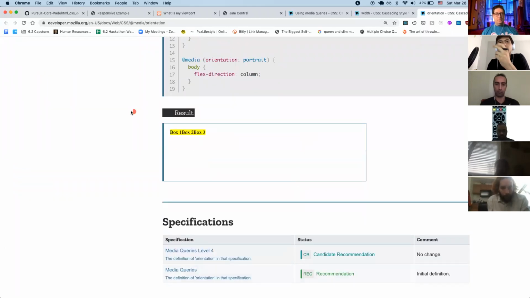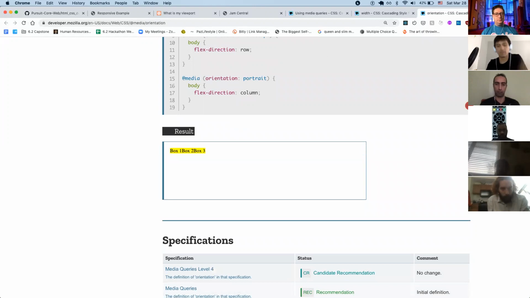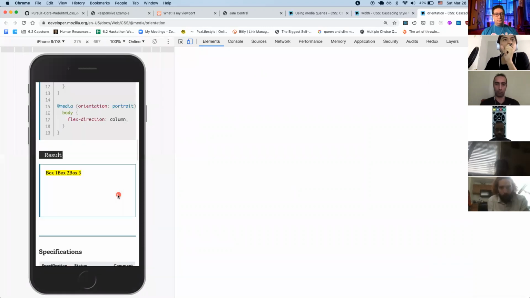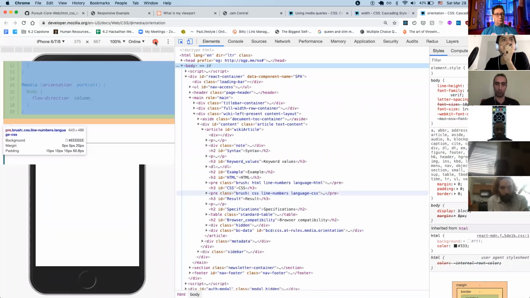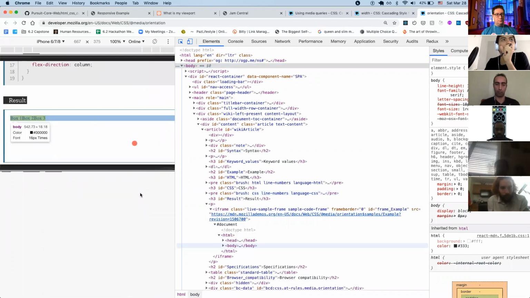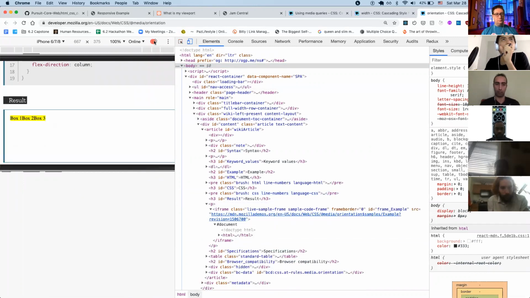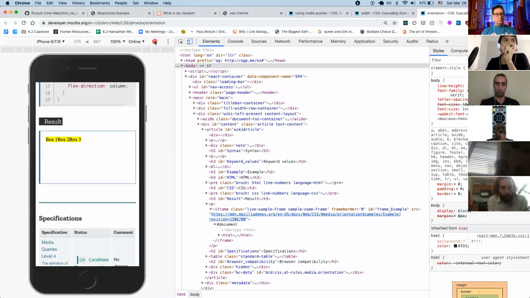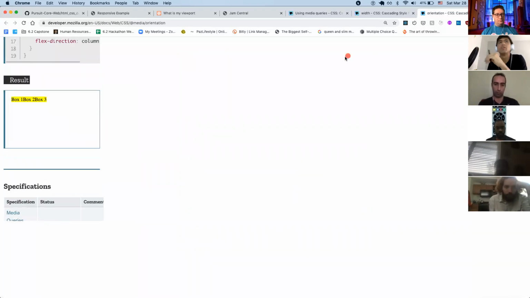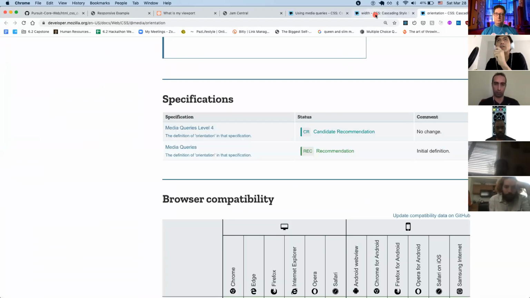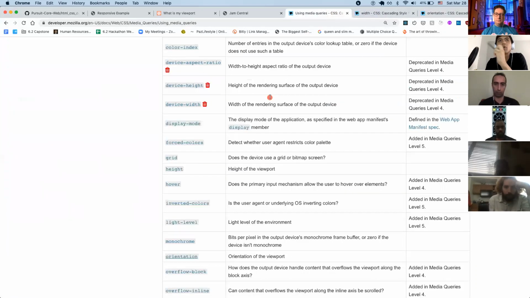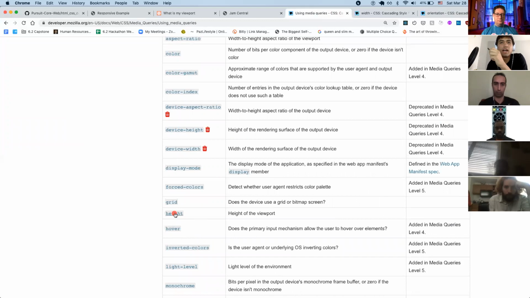I guess we can't really test this one because I'm on... Actually, let's take a look. Let's take a quick look at this. Let's try to swap the phone orientation here, see if that does anything. I think it doesn't do anything just because I'm looking at this in my Chrome, and this simulation is not very reliable. Always just look at your website on your own phone. Cool. But from here, what we're going to use are mostly height